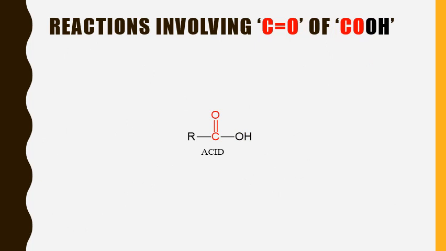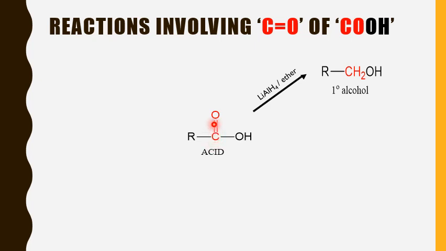The next type of reactions are the reactions which involve the carbonyl group of carboxylic acid. So only the CO functional group, the carbonyl group, is involved in the reactions. Hence I have highlighted the carbonyl group of carboxylic acid. First, what reactions can the carbonyl group undergo? Mostly one can say it is reduction. What is reduction? Removal of oxygen and addition of hydrogen. Either one definition is accepted or both definitions are accepted.